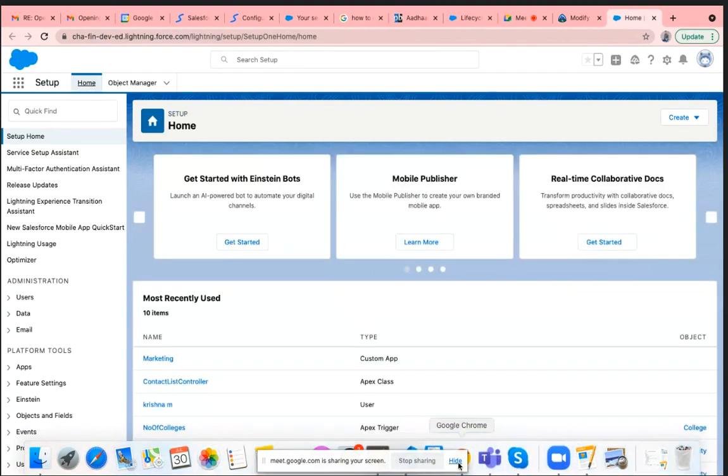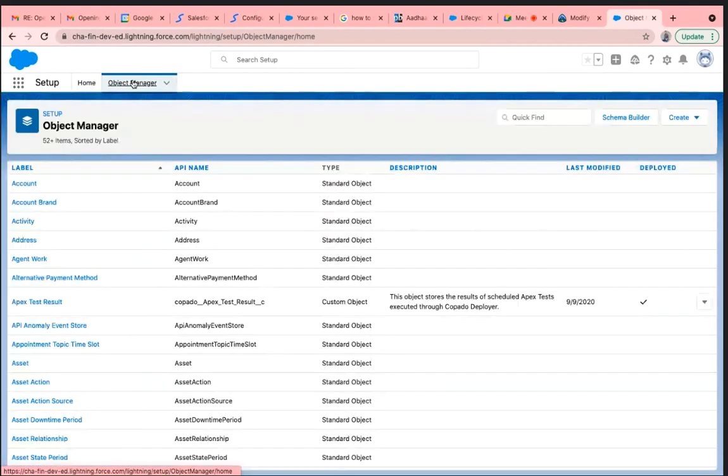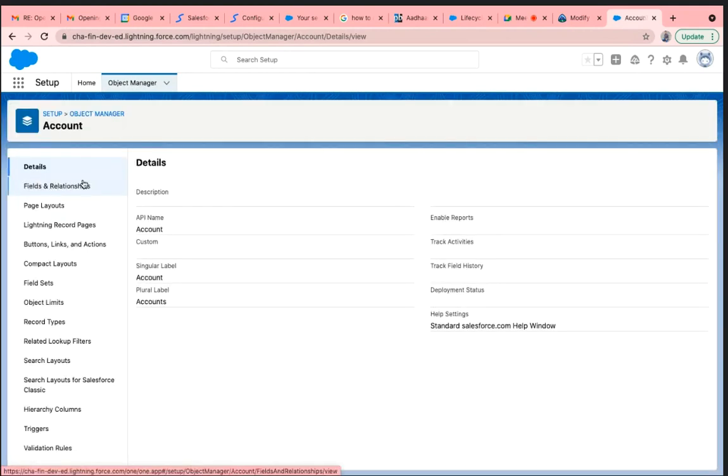You can see certain fields. So let me try to go to the object. In objects also, we have different kinds of objects, either standard object or custom object. Now, as I was saying, we can see different types of fields for each object.